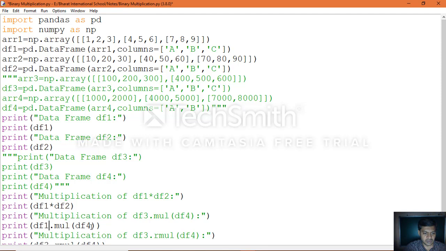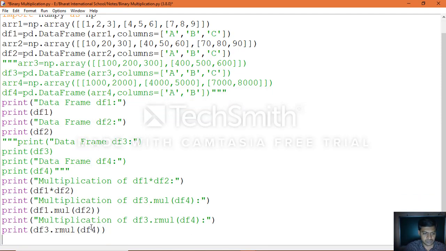1 and 2, multiplication, reverse multiplication. Save whatever changes.